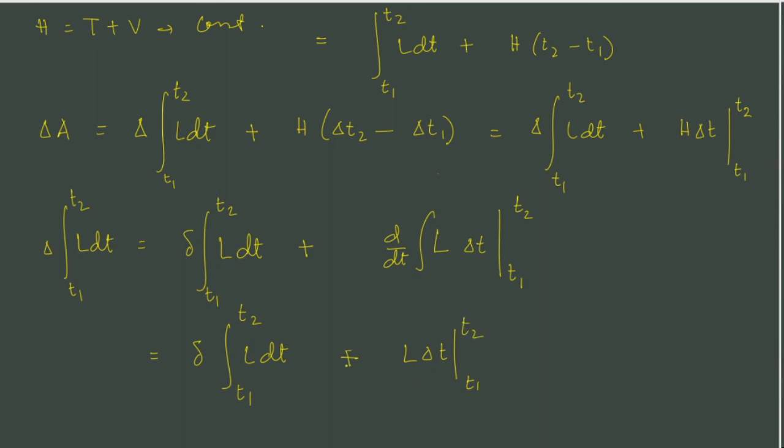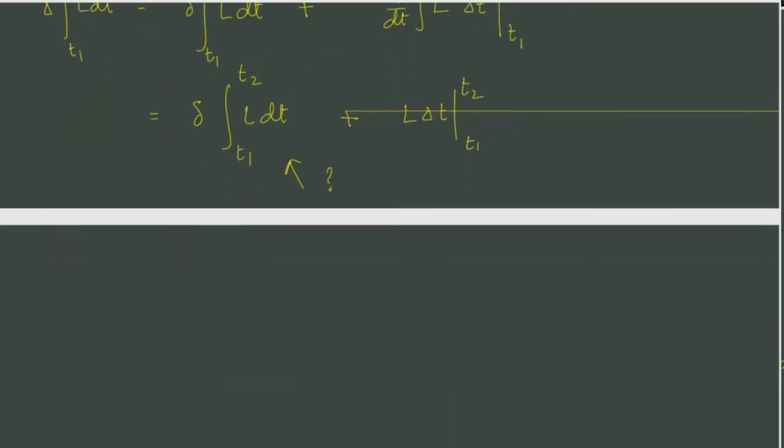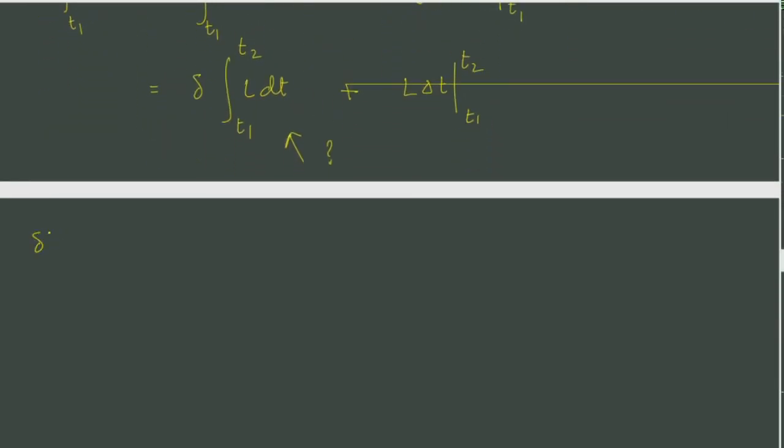Now what about this quantity? This we have done already, so it is not difficult. We know that the variation of this integral essentially comes only from the Lagrangian part, and that would be